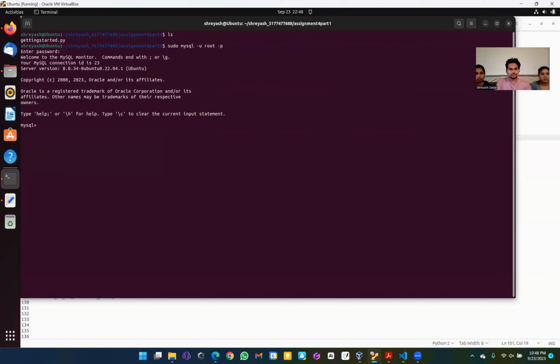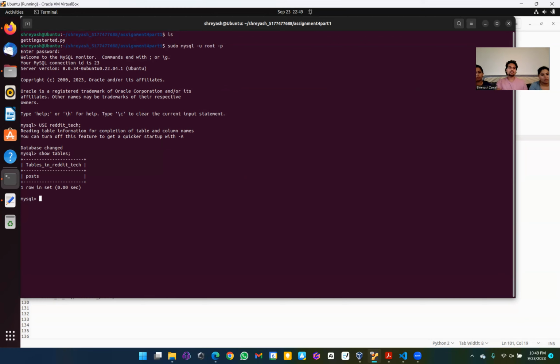In MySQL, I've logged in. I'm using the Reddit Tech database. And here I just have one table as of now, the posts, and we will be storing the forum information and the posts related to the tech sector in this table. So to do that, we will be running